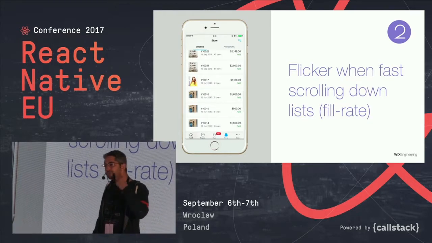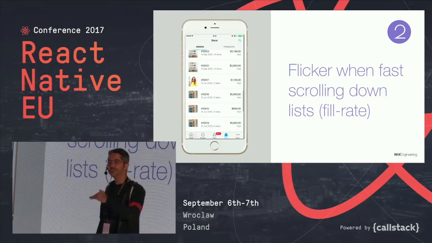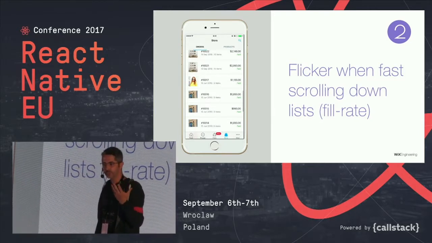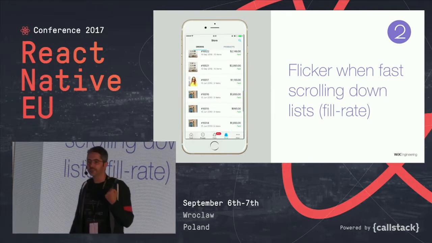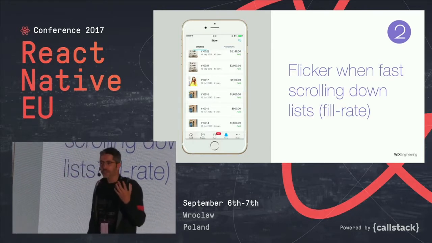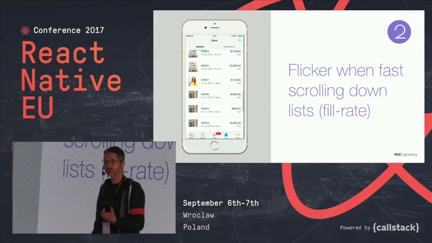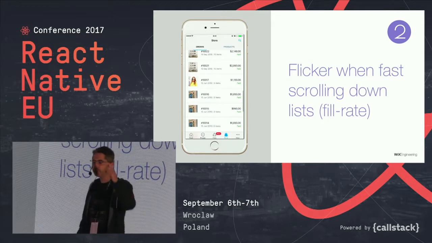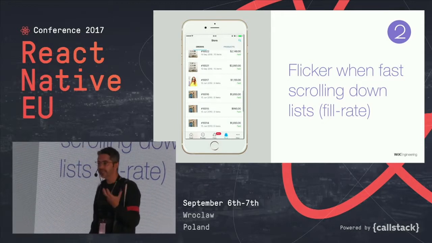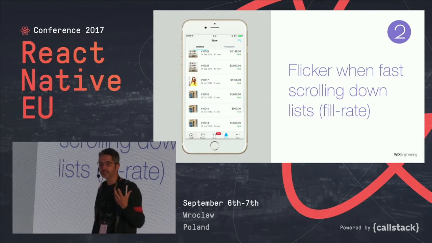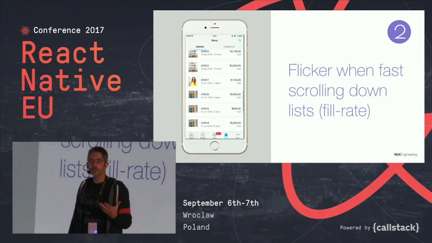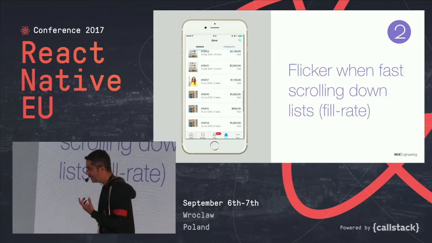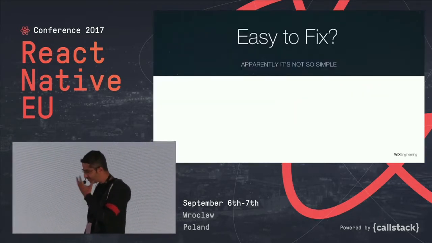But no matter what, if the user scrolls fast enough, or if the user jumps to the middle of the list or scrolls to top, you can't anticipate which cells will be required, and then you will have this annoying flicker. This problem actually caused us to take one of the major list views in our app, which is a list view that shows you all the photos on your phone. Okay, you have 5,000 photos, you want to find a specific one if you want to upload it, and this list should be super smooth and fast, and we couldn't implement it with React Native no matter how hard we tried.